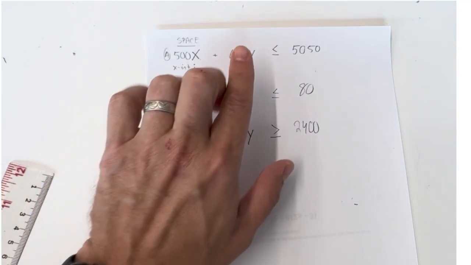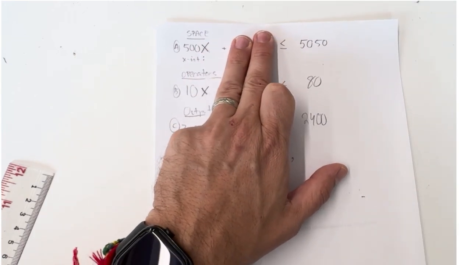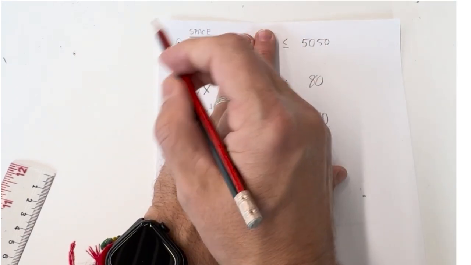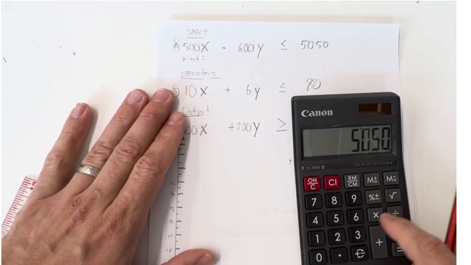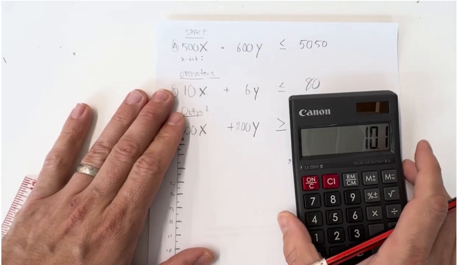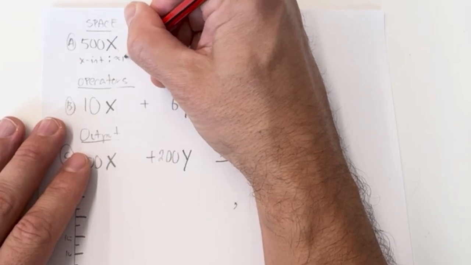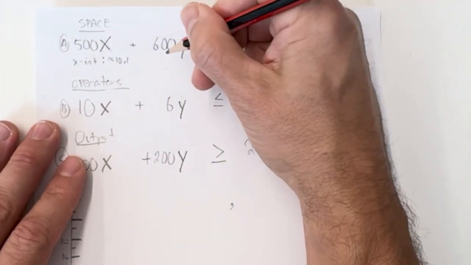So all I got to do here is imagine that goes away because Y is 0. Use the multiplication principle, divide both sides by 500. So 50/50 divided by 500, and my X intercept is 10. So we'll call it about 10.1. Great. My Y intercept